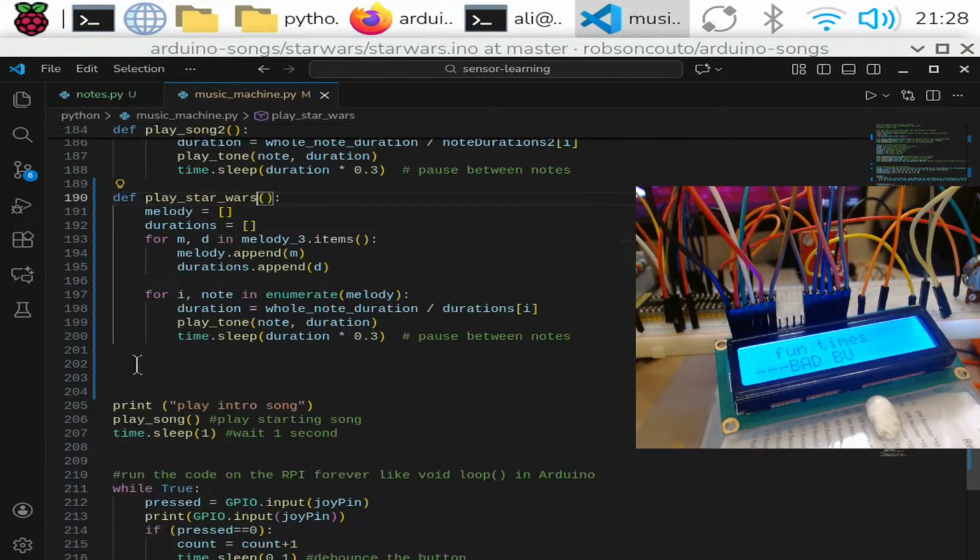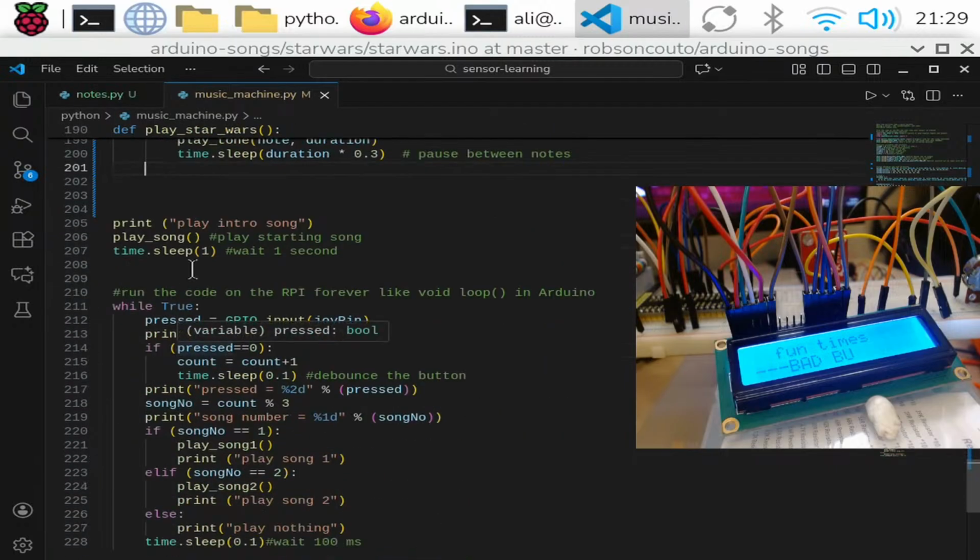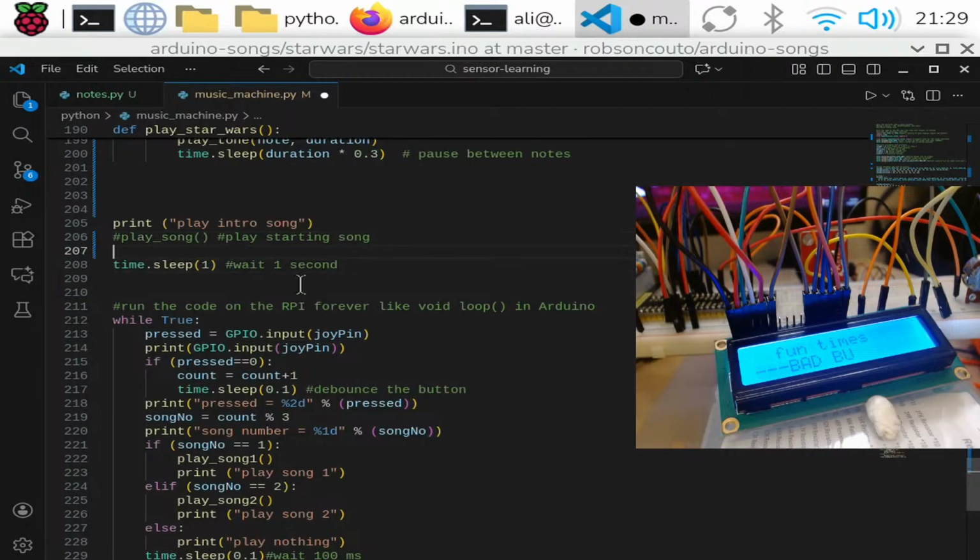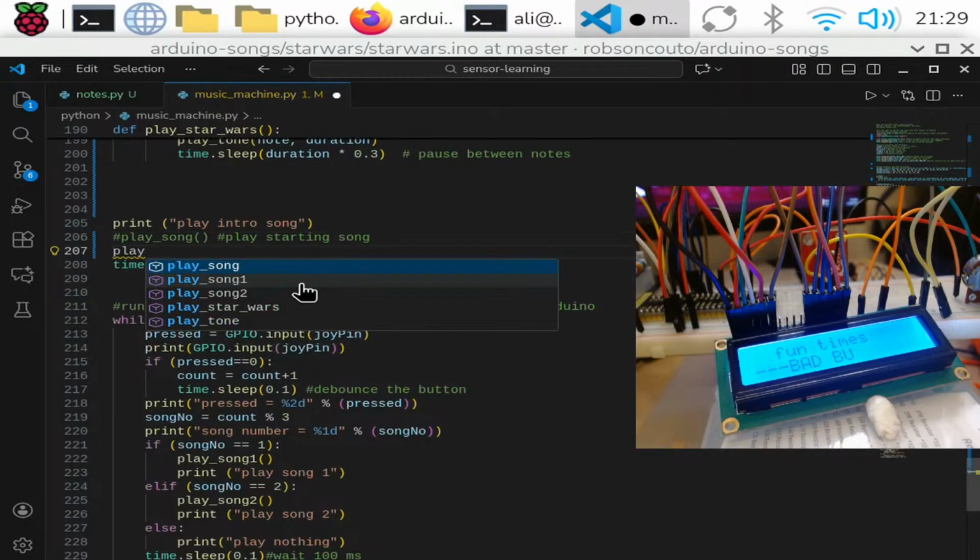And then we are going to have, it would be nice if we had maybe a database or something instead. Okay, so let's see, so we have our melody, we have this, and then let me go back to where, okay, so you say play intro song. I'm going to take this out because, yeah, we'll do that. So we could do play underscore Star Wars,